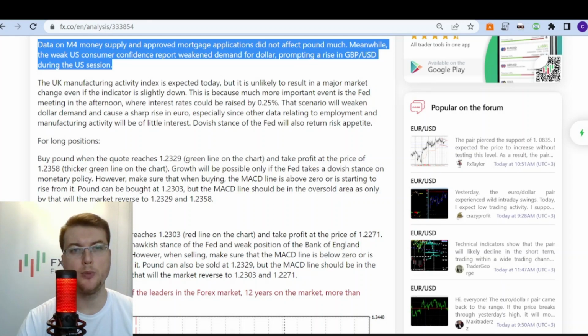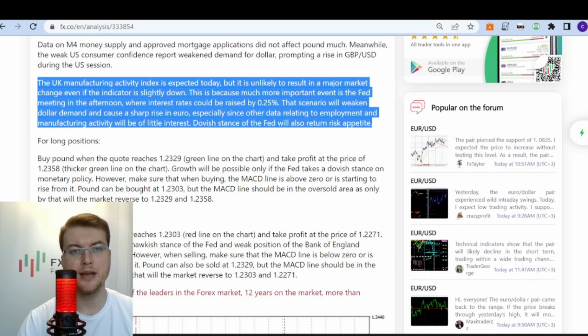Data on M4 money supply and approved mortgage applications did not affect the pound much. Meanwhile, the weak US consumer confidence report weakened demand for the dollar, prompting a rise in the pound-dollar pair during the US session. The UK manufacturing activity index is expected today, but it's unlikely to result in a major market change even if the indicator is slightly down. This is because a much more important event is the Fed meeting in the afternoon, where interest rates could be raised by